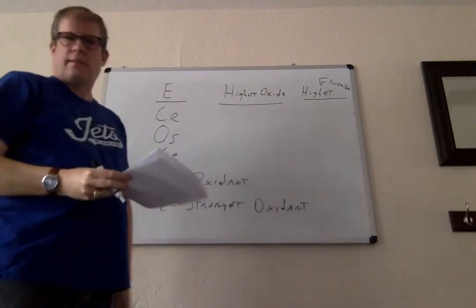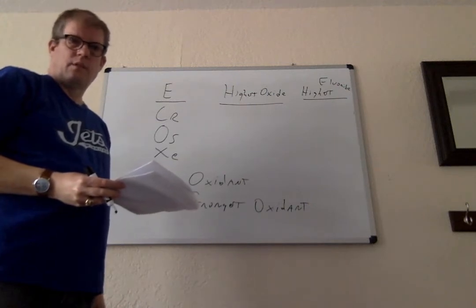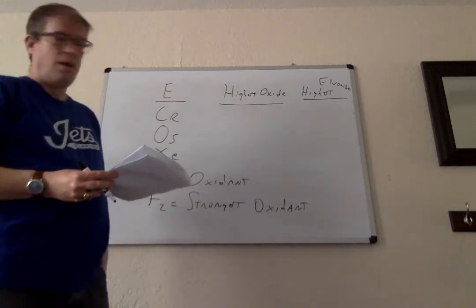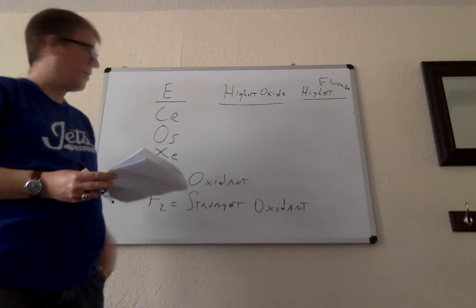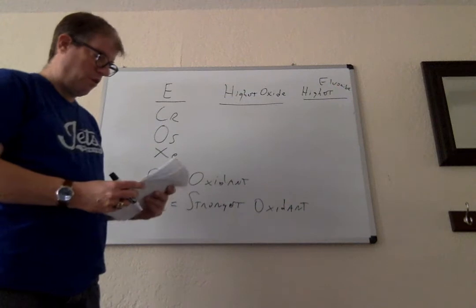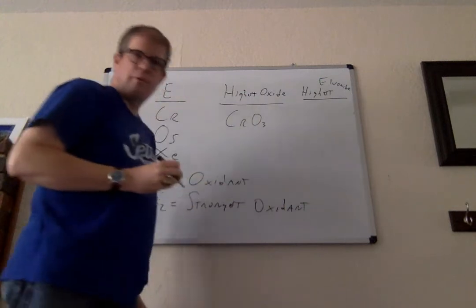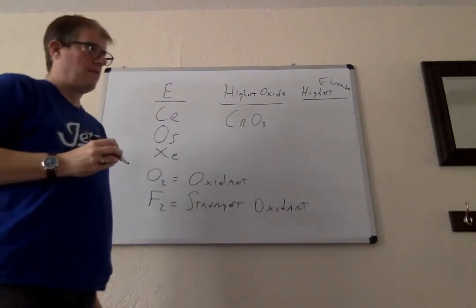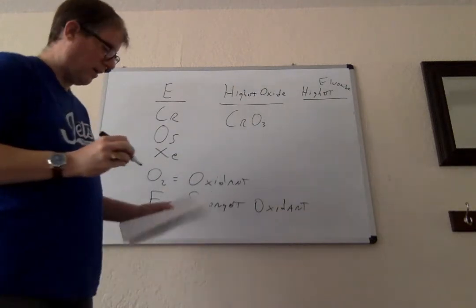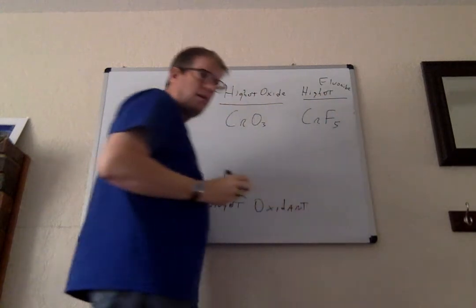So what is its highest oxide and what is its highest fluoride? What that means is how many oxygen atoms can you attach, or better yet, what's the highest oxidation state of these elements you could obtain using oxide O2 minus or fluoride F minus. For chromium, the highest oxide is CrO3. Okay, and before we delve into that, the highest fluoride is CrF5.